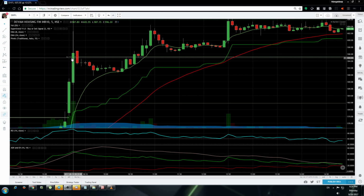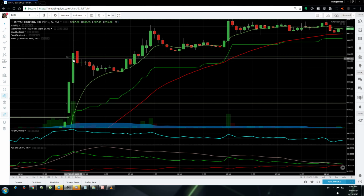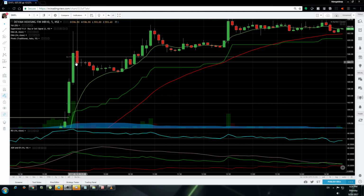594.70. I also faced some problems over there because I use NSE now, and it threw some errors when I was trying to exit, and somehow instead of a sell I did a buy. So there were two trades taken in the buy direction. Without any second thoughts, I just came out of the trade. I did not want to take any risk, because the more stocks you take, the more can be your losses, right? And since Asta is providing almost 40x as the margin, there is no question that you can take any risk in that. So I just came out, and finally I was able to book a profit of 1,776